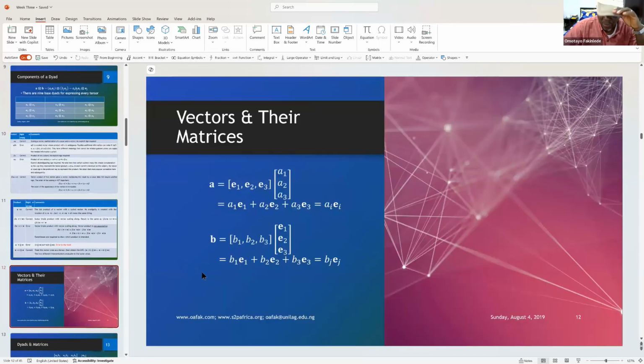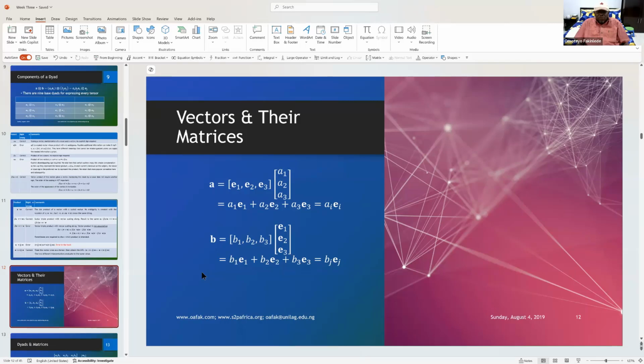Some people think vectors are matrices. Vectors are not matrices. The reason why vectors are not matrices is that a matrix is essentially an algebraic construct, whereas a vector is a geometric construct. Vectors and tensors are geometric, whereas matrices are algebraic, but they are related. For instance, if you